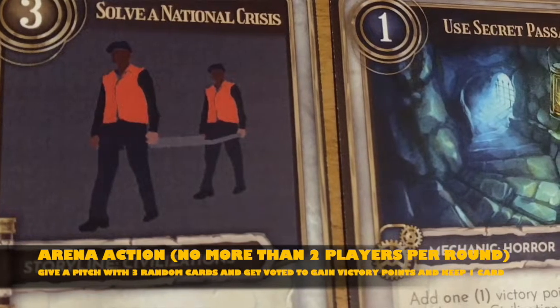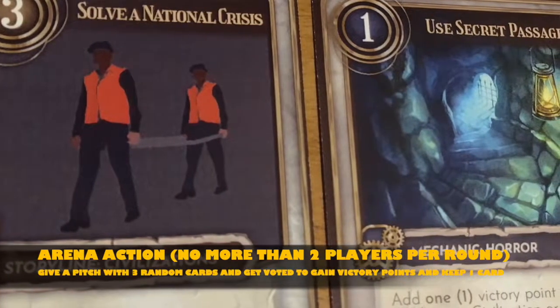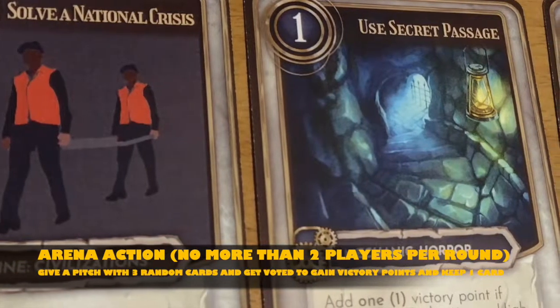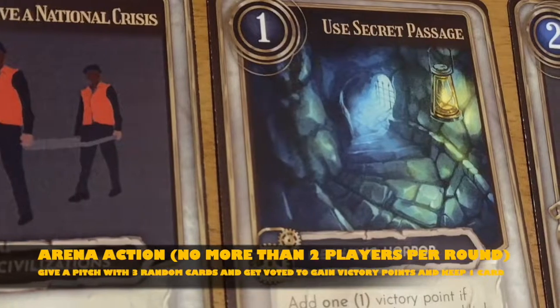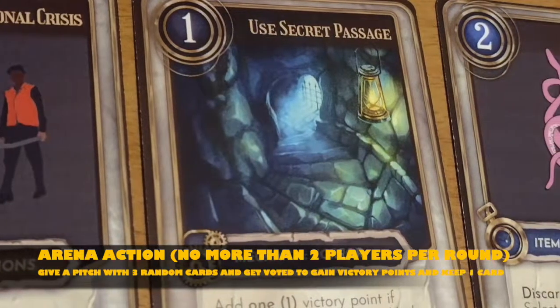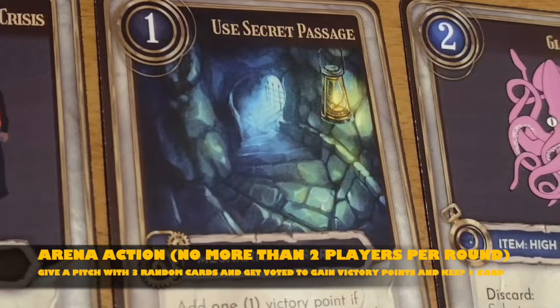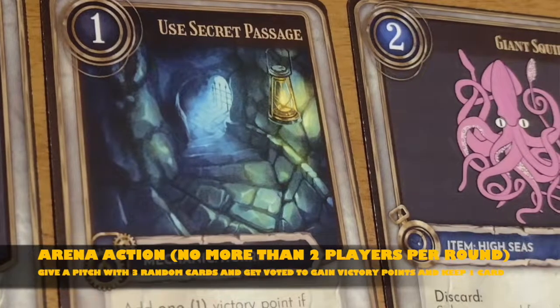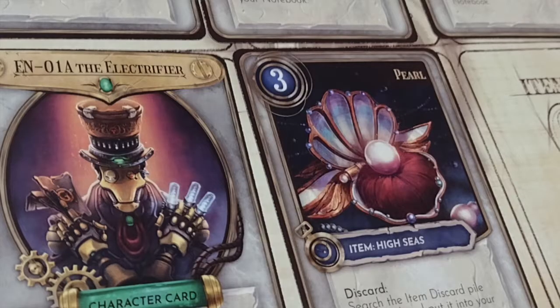Up to two players can fight in the arena per round. They draw randomly 3 cards, 1 storyline, 1 mechanic, and 1 item card. They give a pitch based on what they have there for a game that they will create with those cards. The best player wins 2 arena tokens, which are worth victory points, and both players get to keep 1 card. At the end of the round, this happens. There is the fight in the arena, and then players must play at the end of each round 1 card